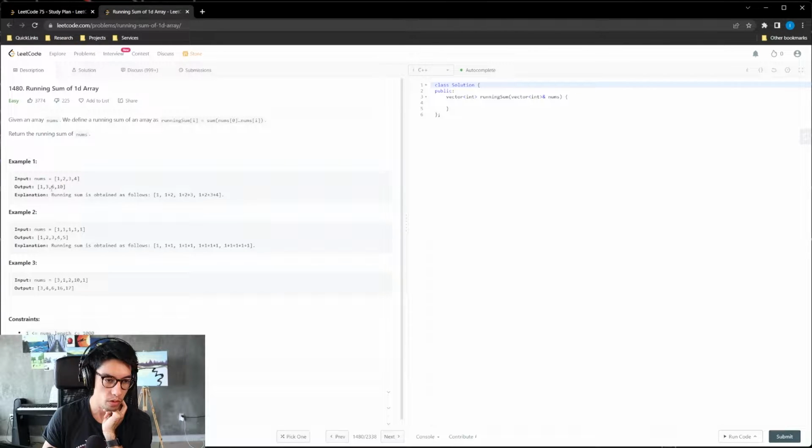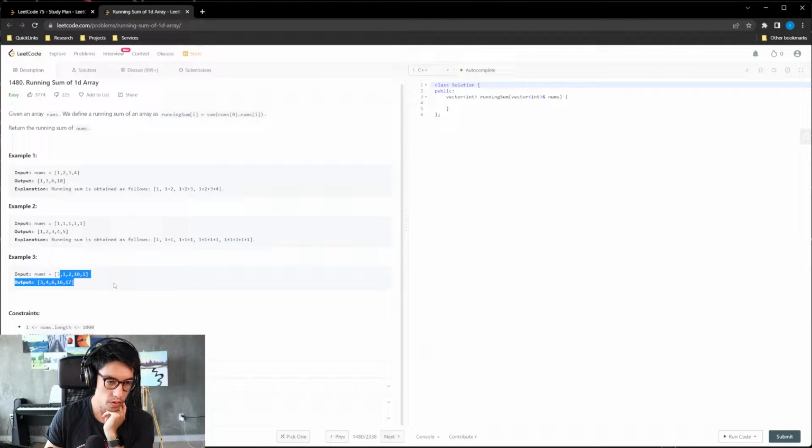So we have 1, 2, 3, 4, output 1, and then 3 is the sum of 1, 2, 6 is the sum of 1 through 3, and then 10 is the sum of 6 plus 4, which is 10. And the explanation is like what we were just saying.